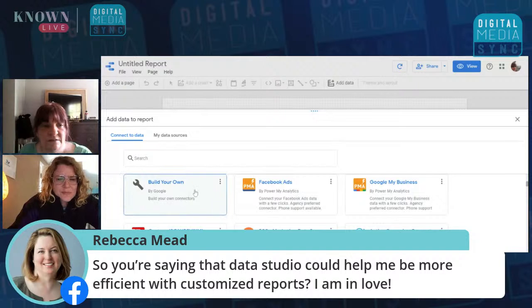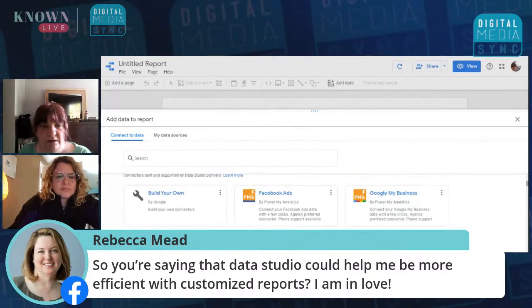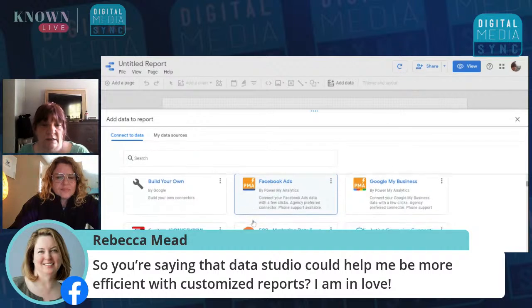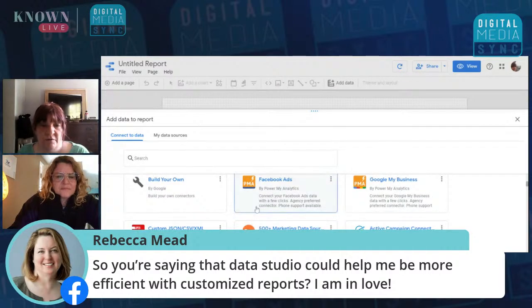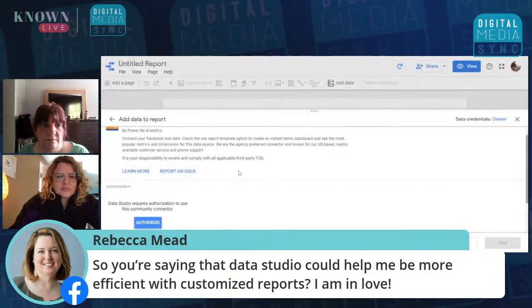So this, you have your build your own connectors, and then you have all these products. So there's Facebook ads, which I don't know if you can read it. It says connect your Facebook ad data with a few clicks. The agency preferred connector, phone support available.